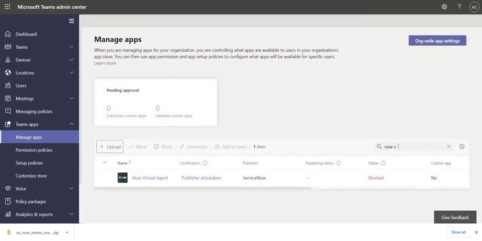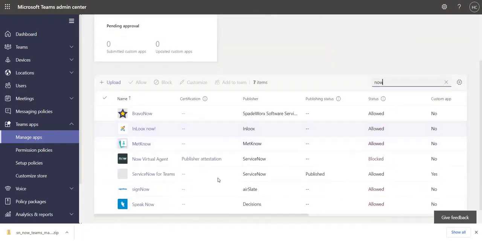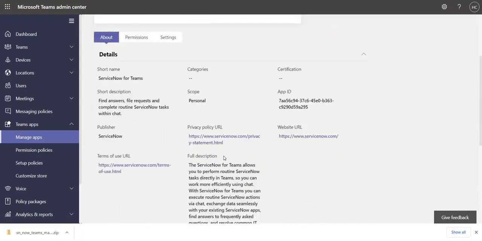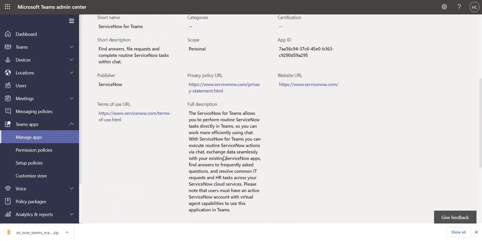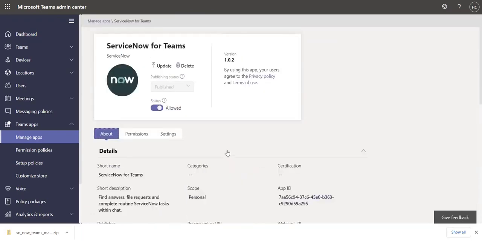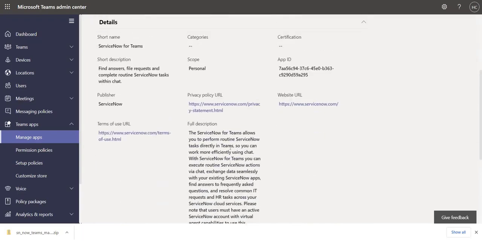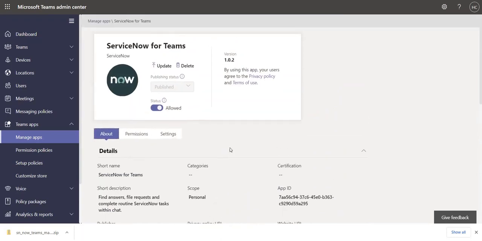I think it is already uploaded. See, the app is already present here, ServiceNow for Teams app. And if I want to update this app in the near future, I can simply click on update and update the app from here. And now I'm going to move to my